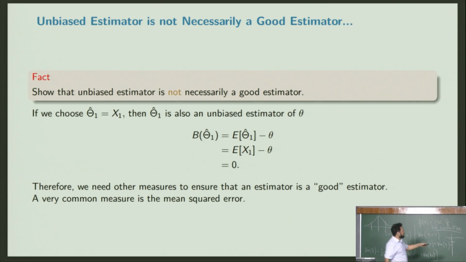What is not wrong, but what is bad here? What is bad here is that I could give an estimate of the mean just by looking at one sample. That's bad, right? It's like saying that I've just picked one guy from here and took his height, and I'm telling you that this is the average height of the class. That's not a good idea, right? But according to this, it is an unbiased estimator because my bias is 0. So you see what is going on here.